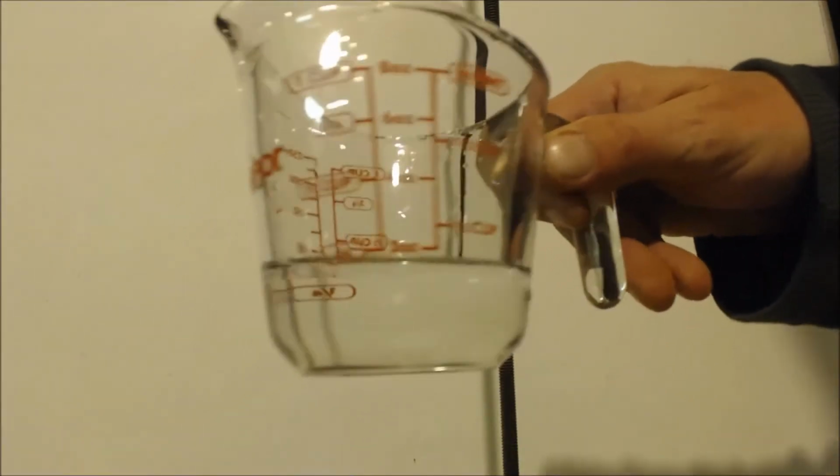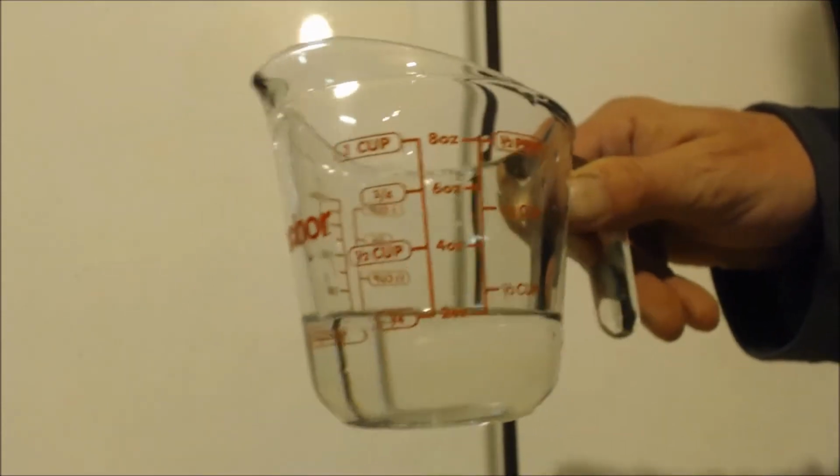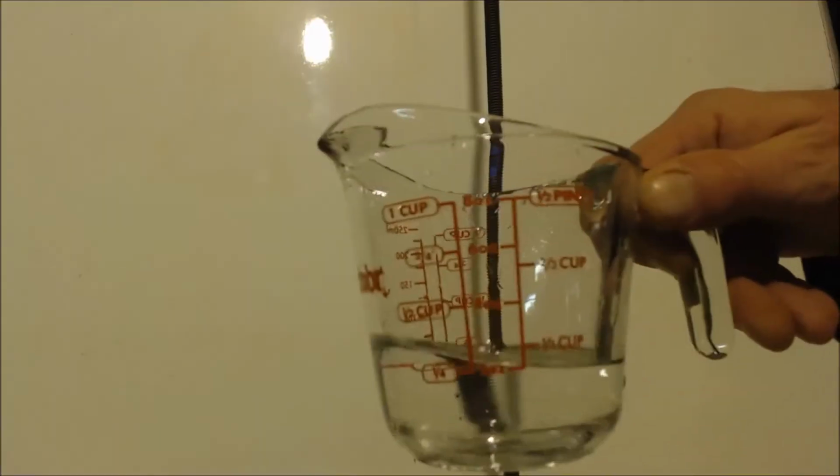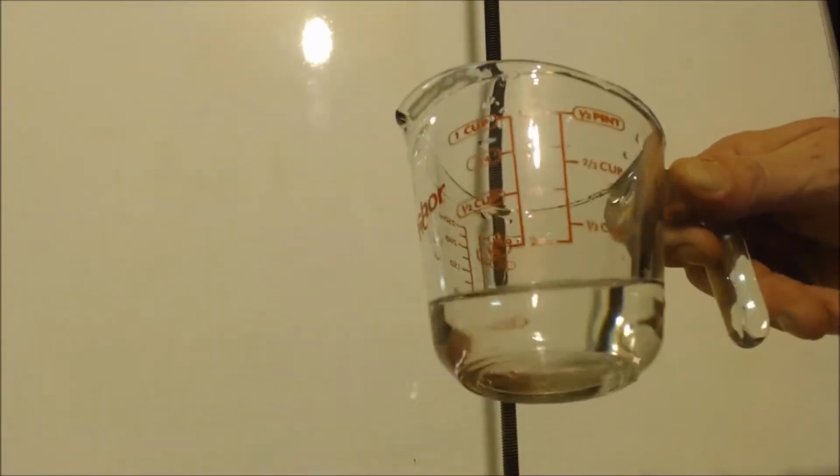I don't know how much I have, but we're going to see right now. I got almost 75 milliliters there. So it's a crappy yield. But it is crystal clear, and I need it to make alcohol. So